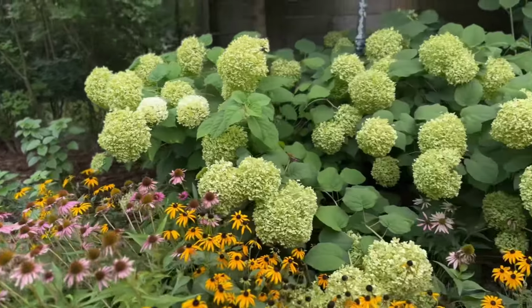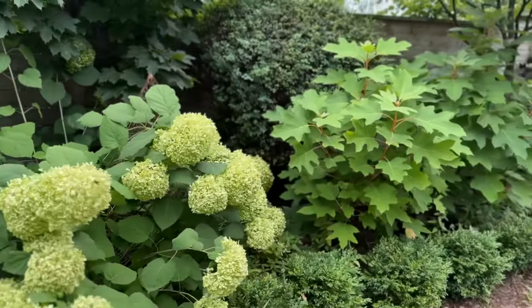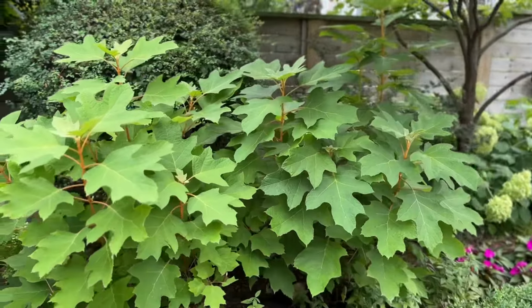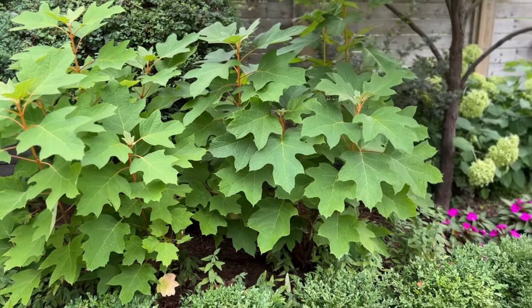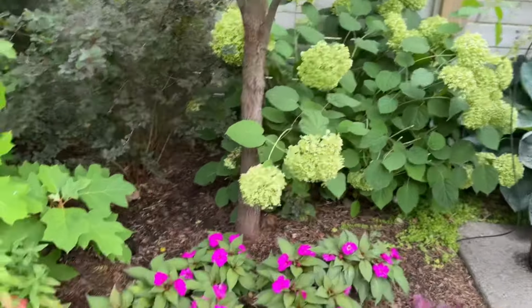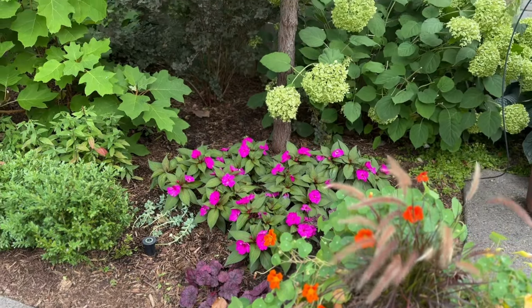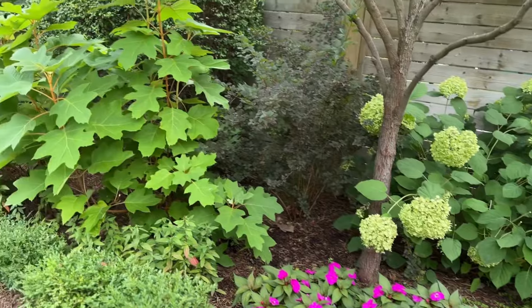And here's my hydrangea hedge and some more oak leaf hydrangeas. Now, I don't think I've done anything wrong here, but these just haven't bloomed in a couple of years. So I will have to ask an expert who, by the way, is coming next week to help me do a cleanup. What I actually need is someone who knows the plants even more than I do to help me